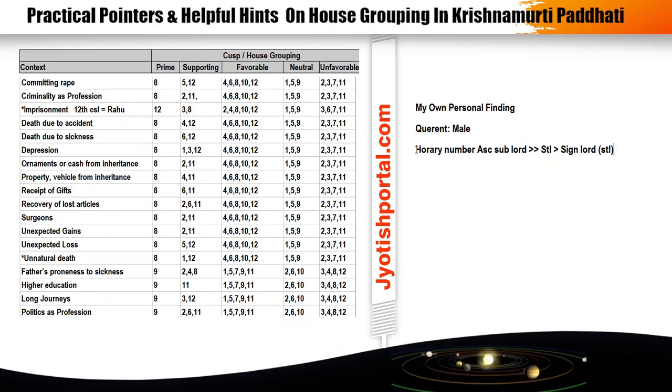And after that, at one point of time, due to some other priorities, I stopped doing astrology. But I remember that this came to us. I don't know how we evolved this rule. We found it out, or something happened. But yeah, this is one of my own personal findings that I'm going to share. And why